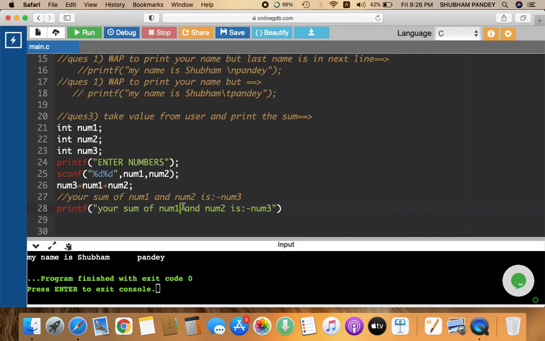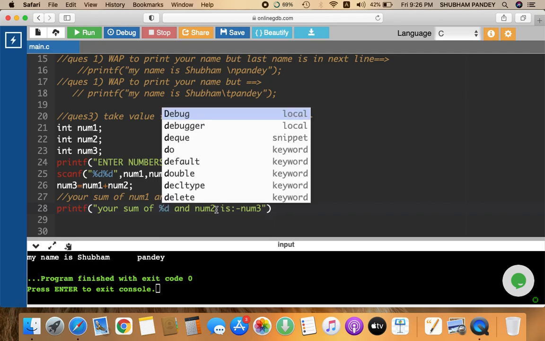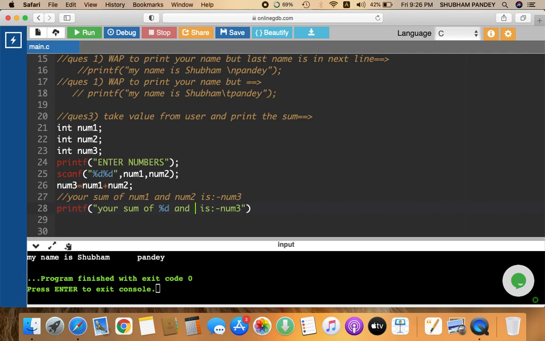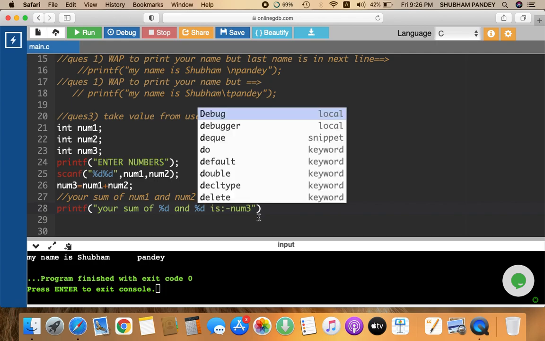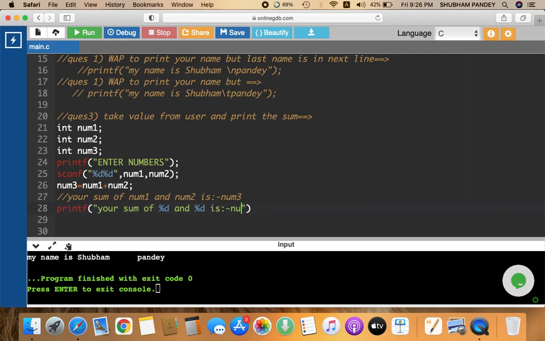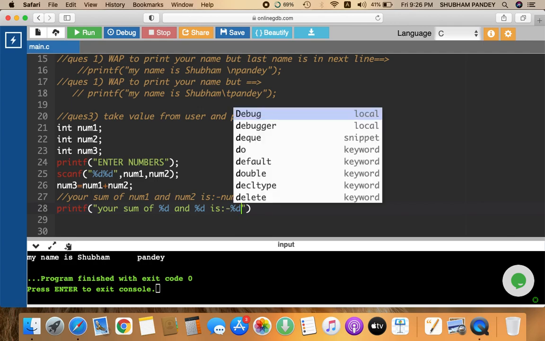So instead of writing num1, num2, num3, you are going to write %d. And here also you replace this with %d, and here also you replace this with %d. Now, what is this %d?